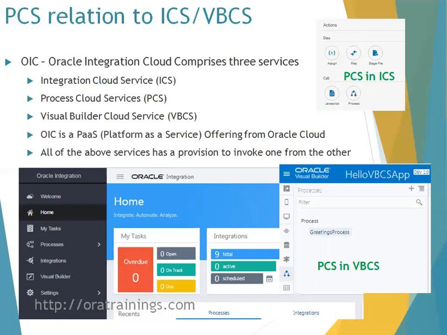Next one is Visual Builder Cloud Service. This is for designing web based pages in the PaaS platform, and it is based on Oracle's JET technology. So OIC, as we understand now, has three offerings. It's nothing but a platform offering from Oracle, and when any client subscribes to OIC, they get these three services. Of course, there are other things that come into the picture, but this is a high level overview of OIC, PCS,